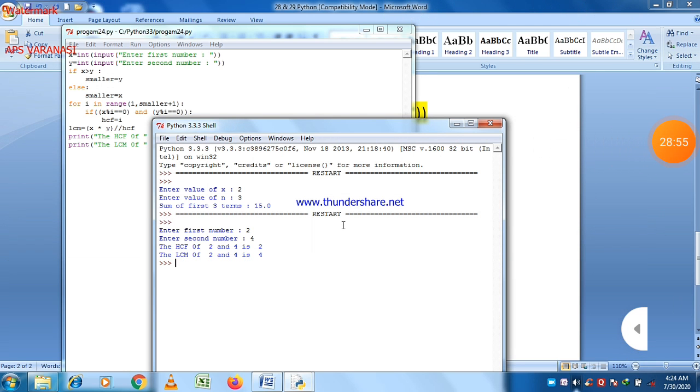Now let us check another value for another output.